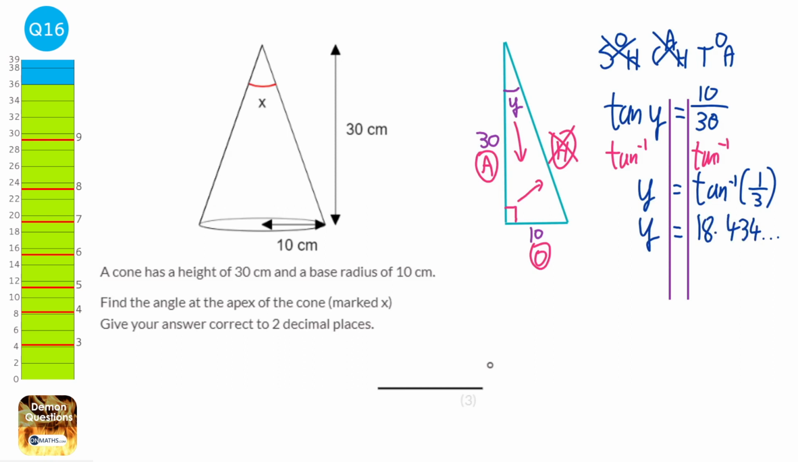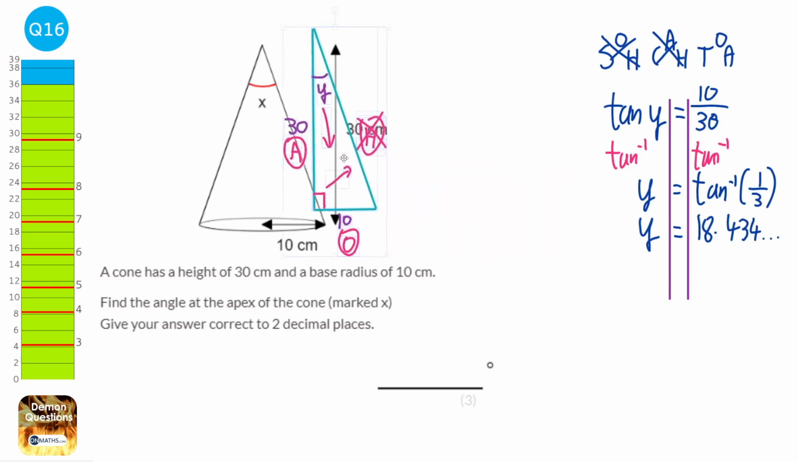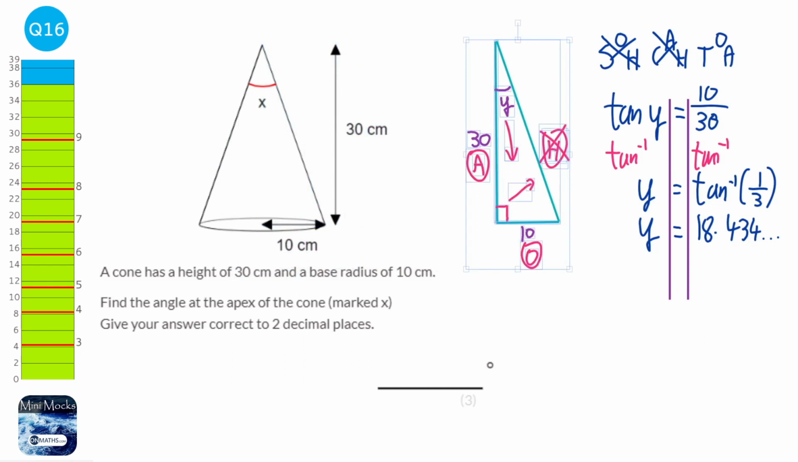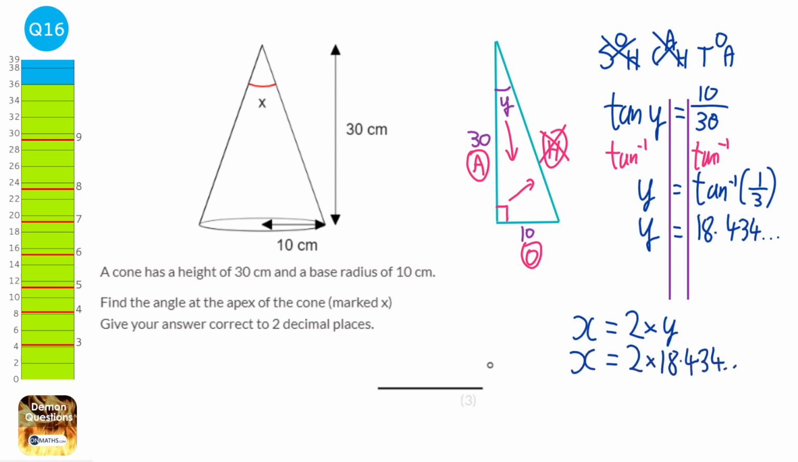Now what I did at the start was I moved the diagram away from the cone. Let's just move it back and we'll see the fact that y is exactly half of x, because we've done a line straight down the middle. So to find out what x is, all we need to do is double y. So x is going to be 2 times y, so that's going to be 2 times the 18.434 and so on, and so that is going to be 36.869 etc. And it wants it to correct 2 decimal places, so that's going to be